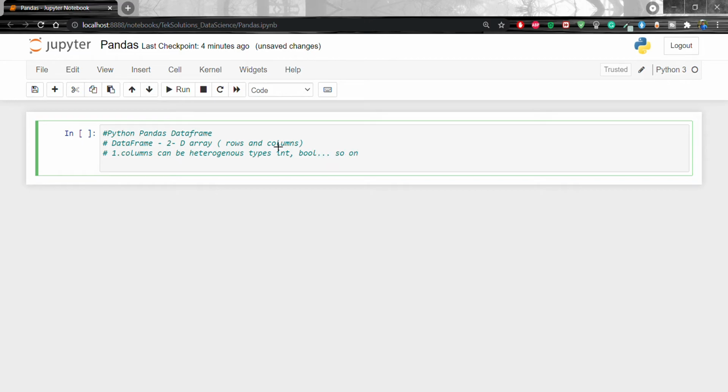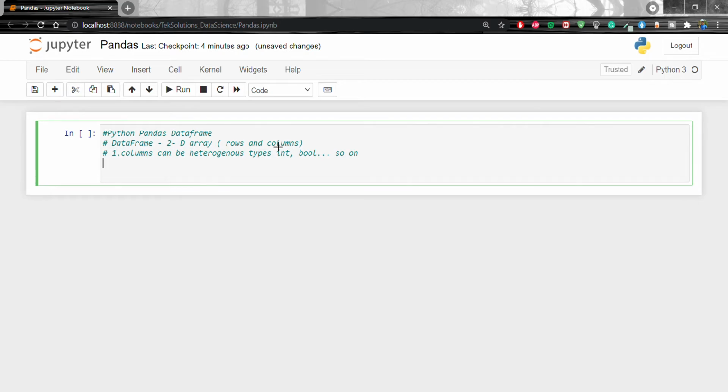That means heterogeneous type. And the second one, it can be seen as a dictionary of series structure where both the rows and columns are indexed. It is denoted as columns in case of columns and index in case of rows. So basically it has two indexes, one is the column index and the second one is the row index, right?